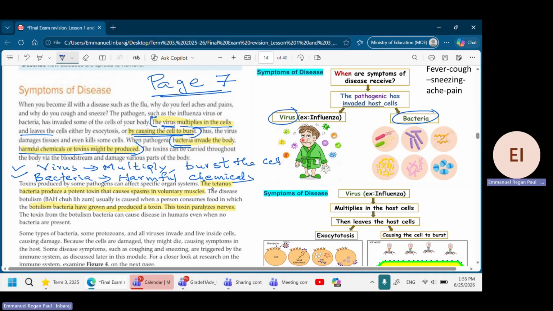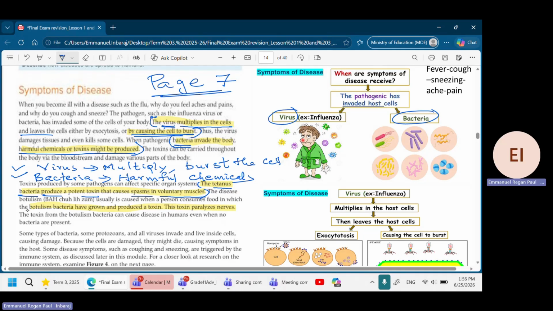Then another thing. We are going to learn about two bacteria. There is a bacteria called tetanus bacteria. They produce toxins. You see, bacteria produce chemicals or toxins. They produce a chemical that causes spasm in voluntary muscles. So remember this. This is tetanus. So tetanus bacteria produce toxins that cause spasm in